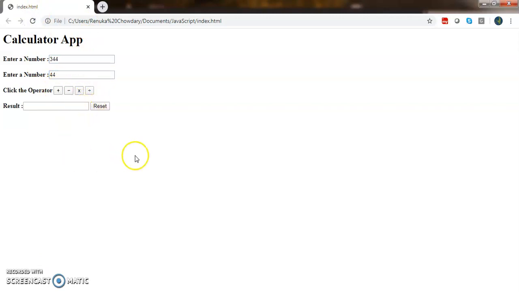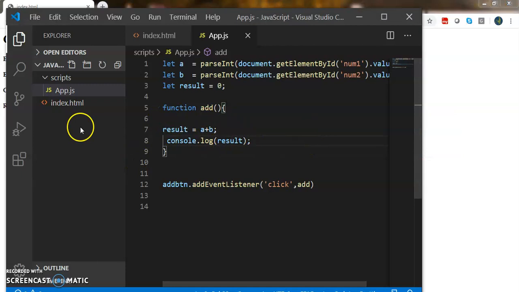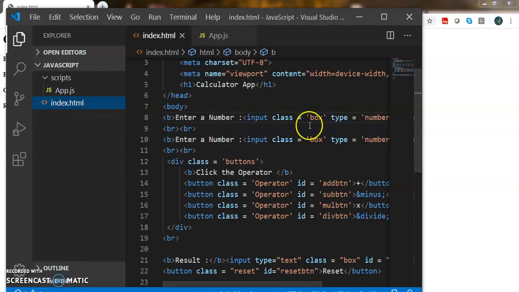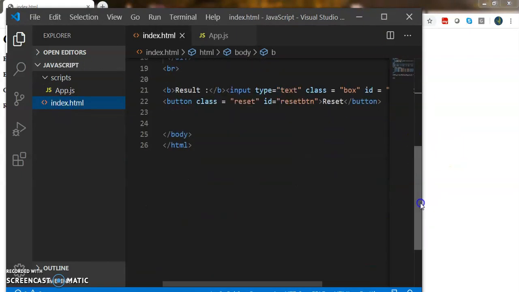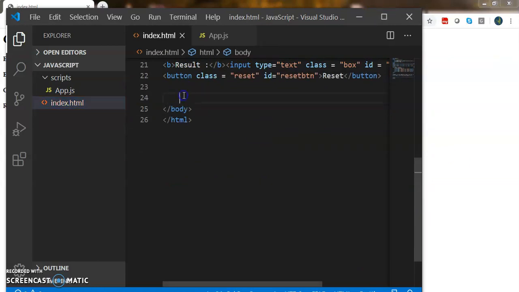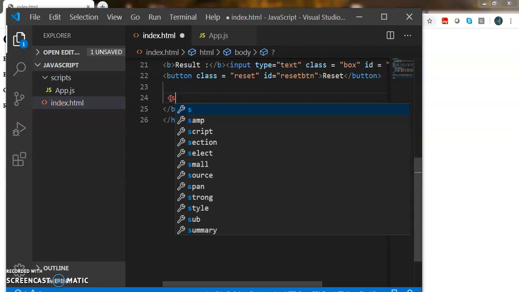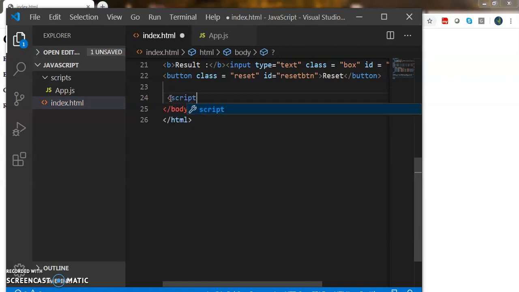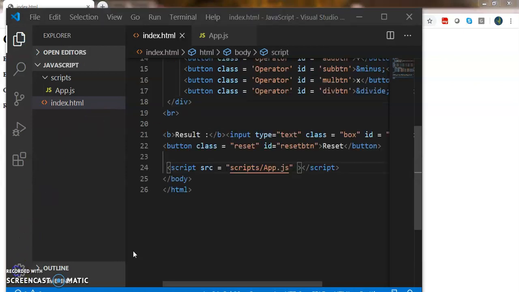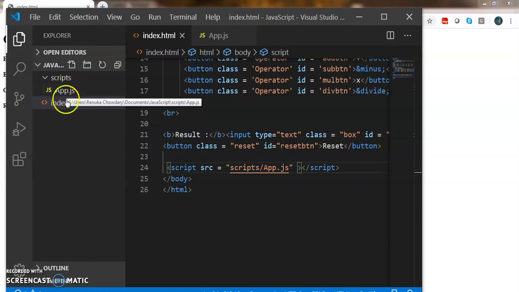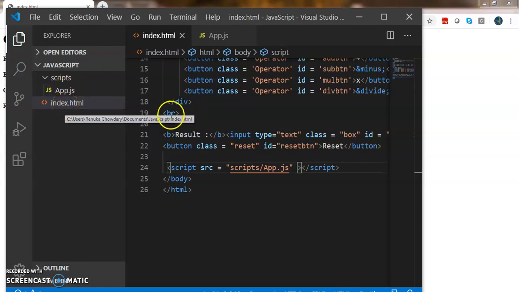So nothing happens. Why? Because we didn't add the JavaScript source file in the index.html. So in order to do that, at the bottom of the HTML page inside the body, create a tag called script. Inside the script tag, type src and give the relative path of the app.js file to the index.html.